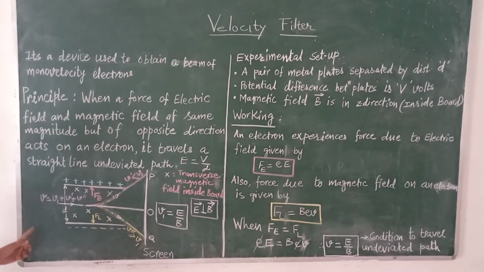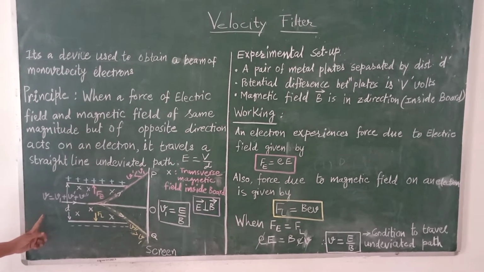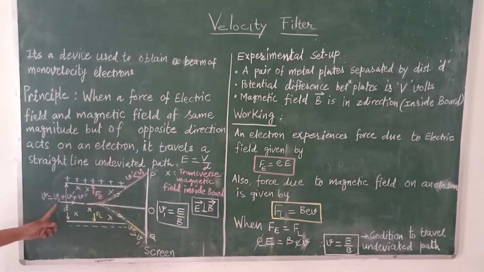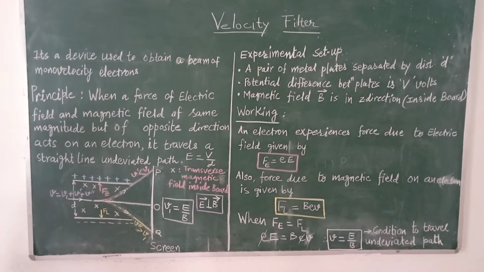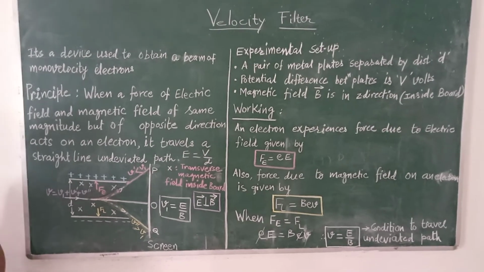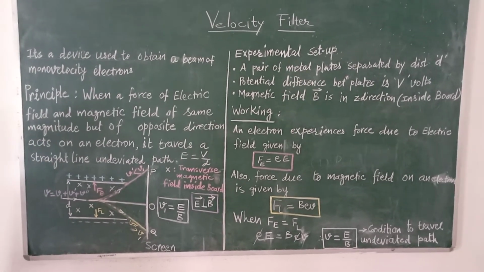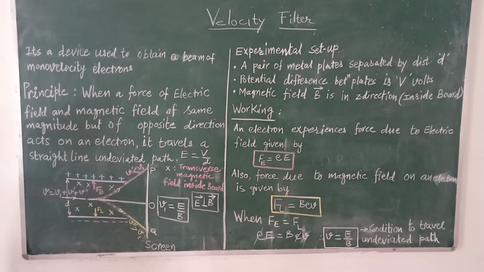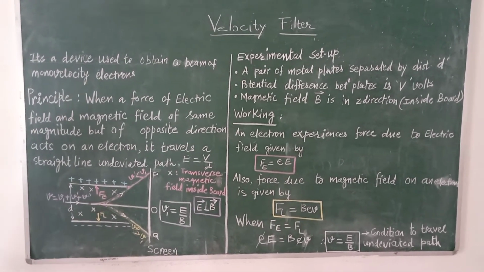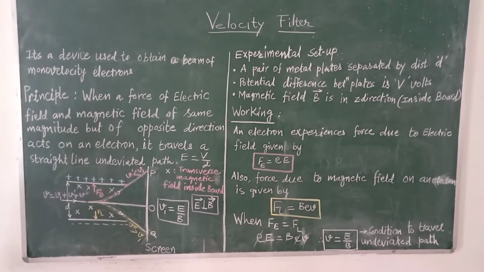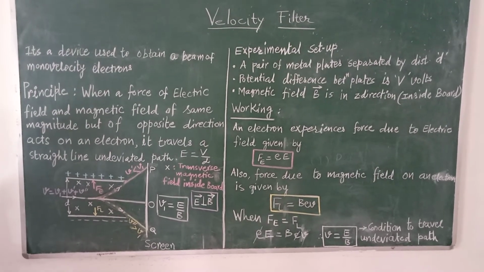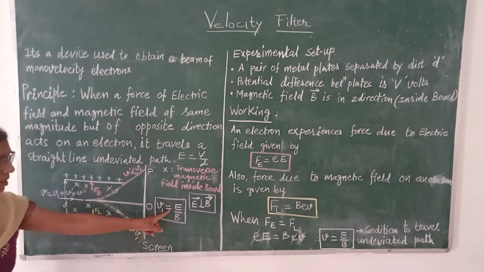In this case, let's suppose the electron beam consists of mixed velocities V, which is a combination of V1, V dash and V2 dash. If we want to separate out the electrons of velocity V1, then we have to adjust the values of E by B, which should come out to be equal to V1. All the electrons with velocity V1 will travel an undeviated straight line path, and they will satisfy the equation V1 is equal to E by B.